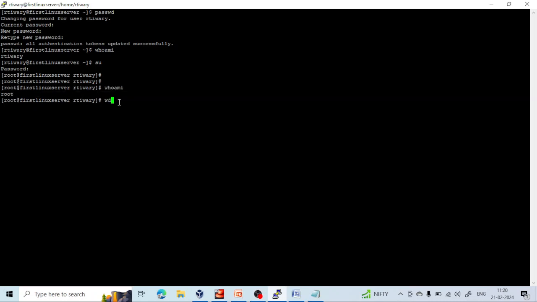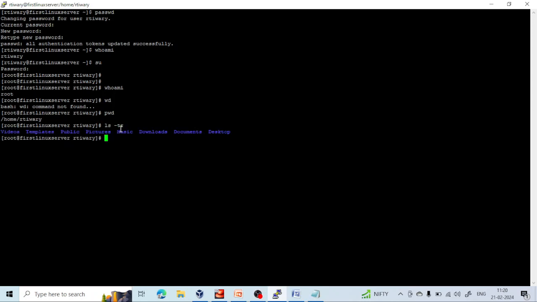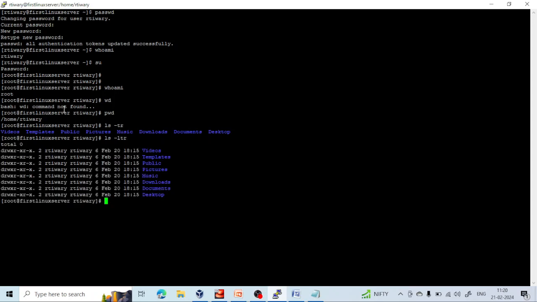What is the current path? Just write pwd. You can see I am currently in the home directory, /home/rtiwari. This is my current directory. If I use ls -ltr, these are the files inside it. If I go a little bit back using cd .., and do ls -ltr,